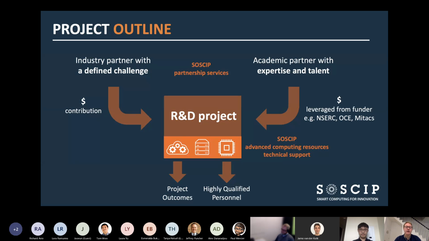So just to summarize that in another way as well. What we're looking to do is have that defined challenge where an industry partner is working with you, and the academic team comes together. We can help in building the project scope. We work with many projects where maybe there's already an existing relationship and we can come on and provide additional computing power to allow you to accelerate your project and move it forward quicker.